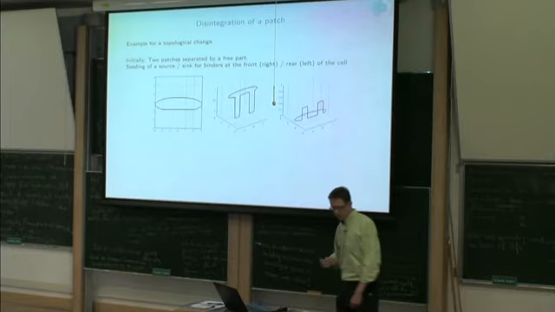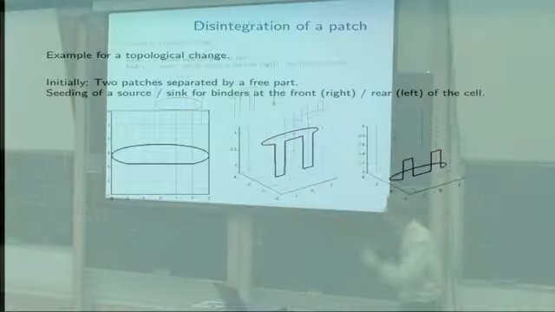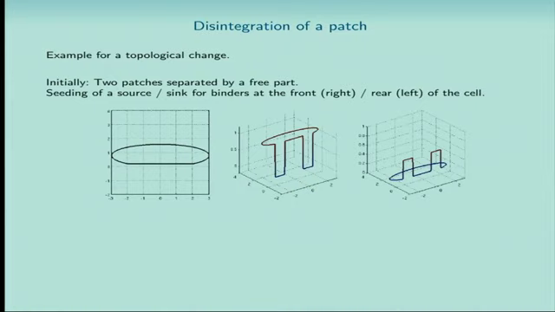This is, I think, a more interesting case. I'm seeding here two adhesion zones. One is here, one is there. If this is the phase field variable, if it's 0, we've got an adhesion zone. Here we have two, where the binder density is relatively high. So this is then the shape of this object. You must think of this as basically a cross section from the top to the bottom through the cell, and the substrate is here at level 0, below the level 0. So if you let that run,